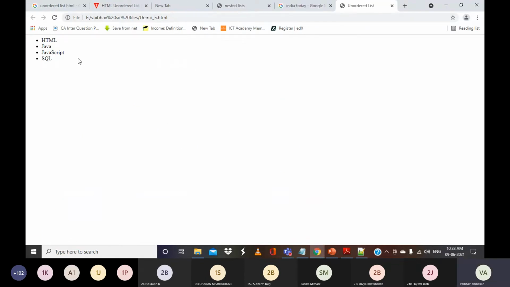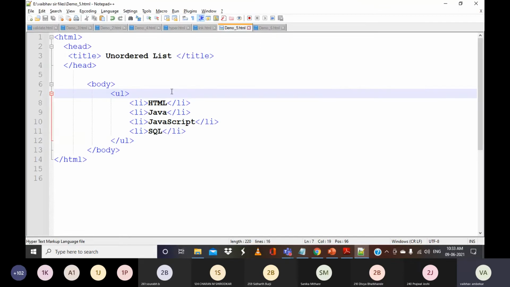So you can see that this is my output. When you use the unordered list, all the list elements will not have any numbers. That is why we call it the unordered list. There is no unique number given to the list elements or list items. Whatever values we mention in the LI, they will appear with bullets. So there will be no sequence number for these elements in the unordered list.